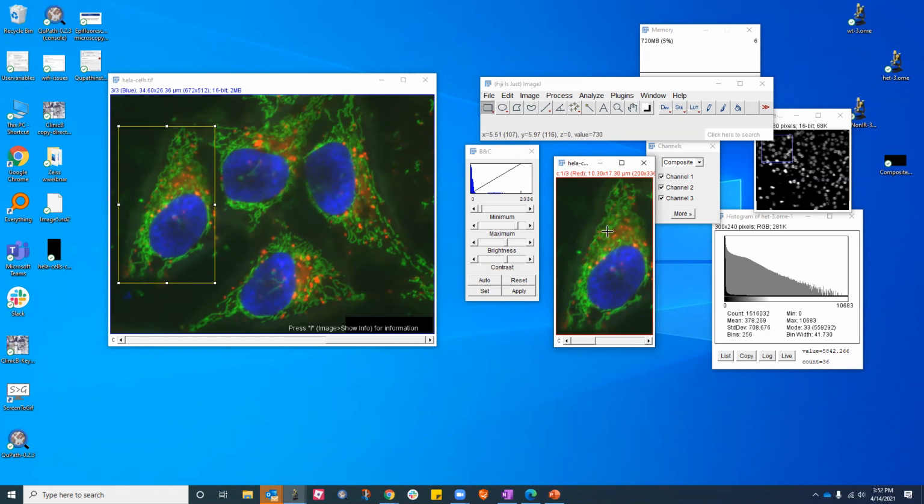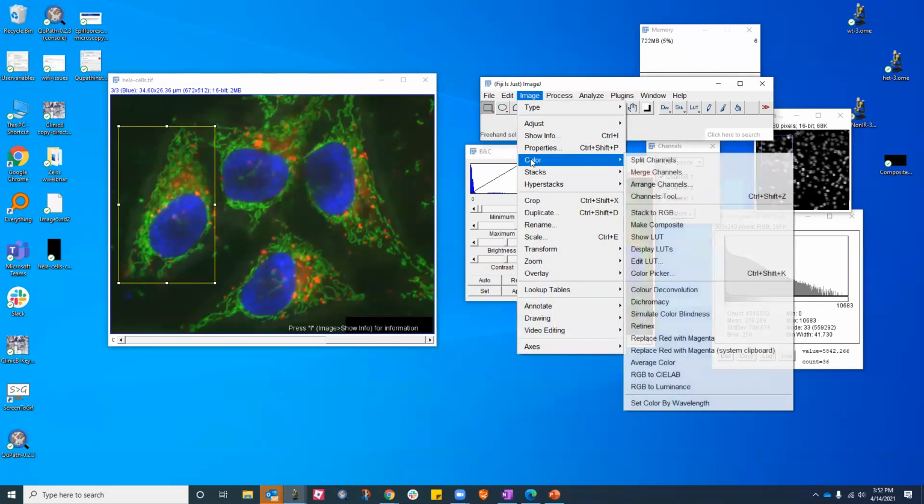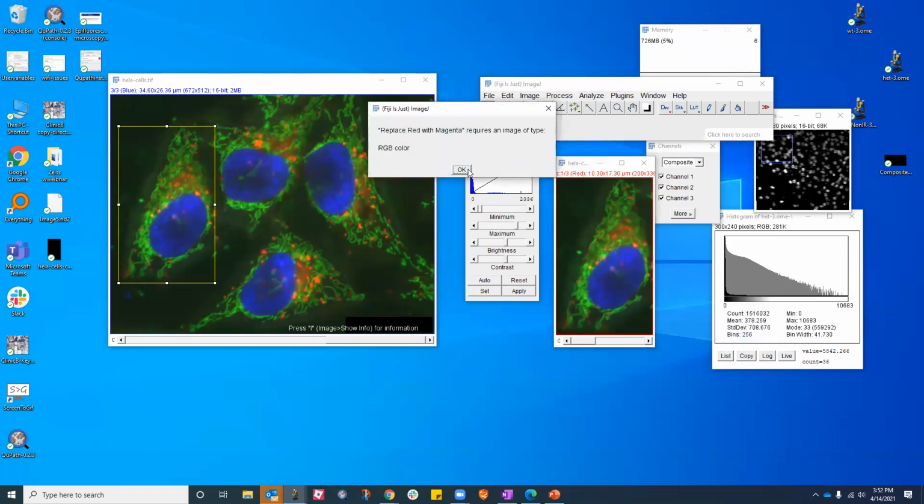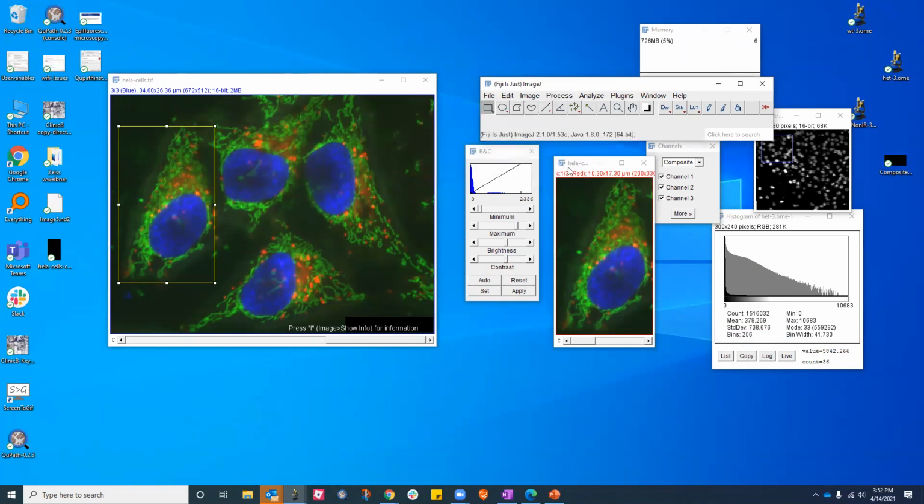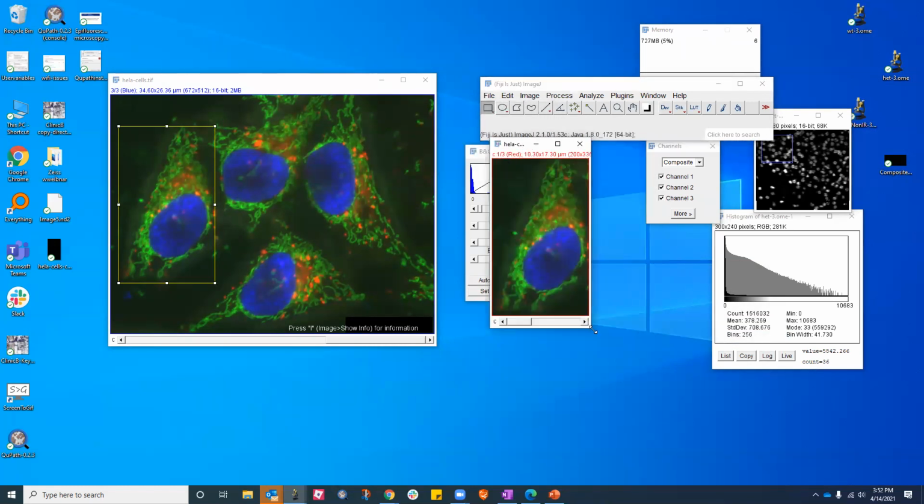So instead of using red, I would say use something like magenta, because people who are colorblind can look at magenta color. Okay. So there are some options over here which automatically replaces red with magenta. So if I put red with magenta,